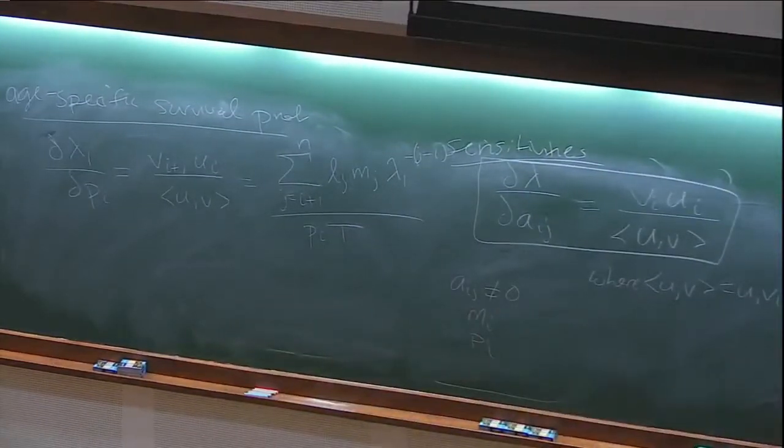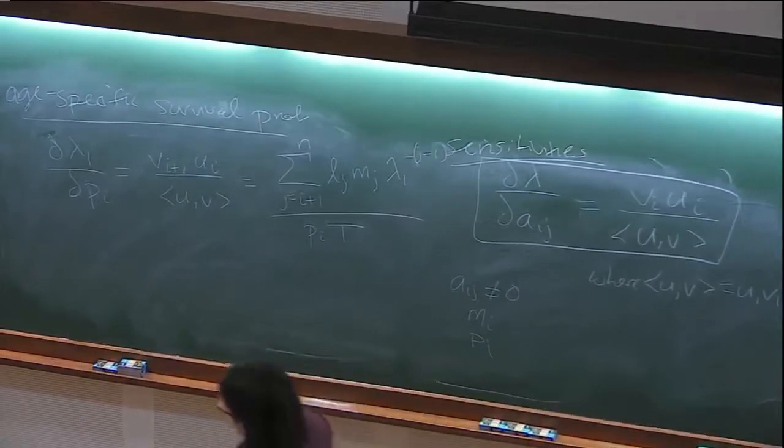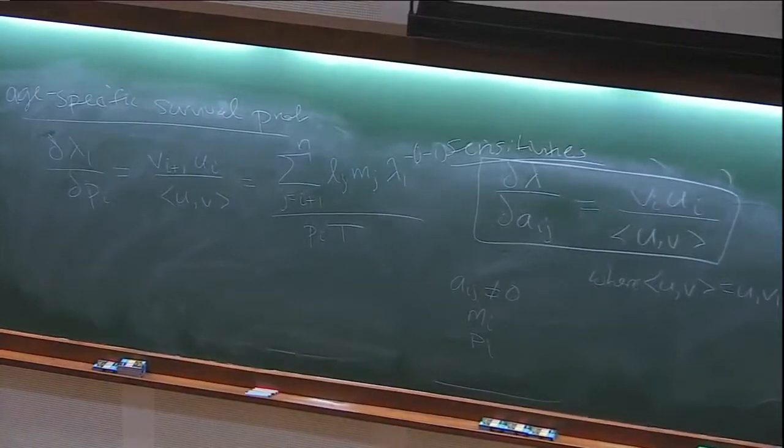We could call these a_ij's, right? We could say this is a_11, et cetera, and I'll do that later. And so this would be a_12. We could do it, we could use 2 subscripts. But because the Leslie matrix has this special form, I dropped the dependency. Okay. That's a good point. Thank you. And your v is the right eigenvector and u is the left one? Yes. Okay. Did I do that right? Thank you. Yes.